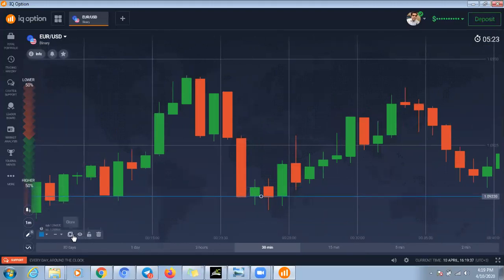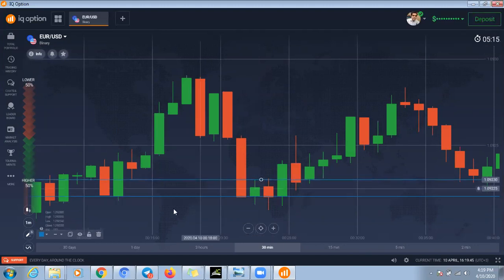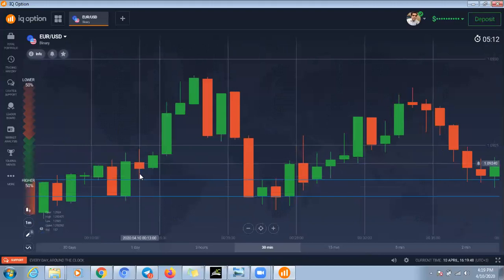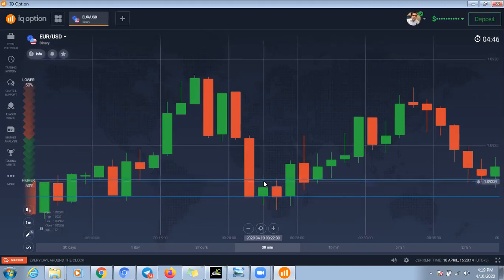Okay, and here I still do not understand why this spinning top is going down. Yes, why is it going down? Because of this level. This is a clear sign: one time, two times, three times, and four times the price rejected from this level, and right on this level this spinning top was rejected. That's why the price goes down. This is the accurate level: if the wick is crossed, then it will go up, but the wick is not crossed and only touches the line, and that's why the price goes down.